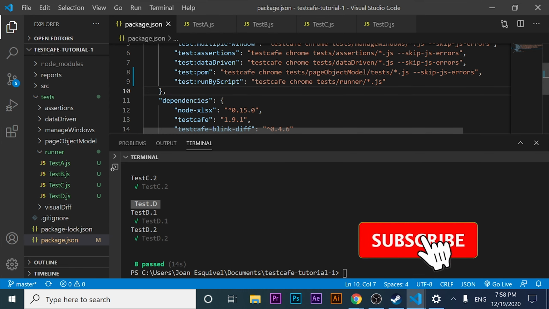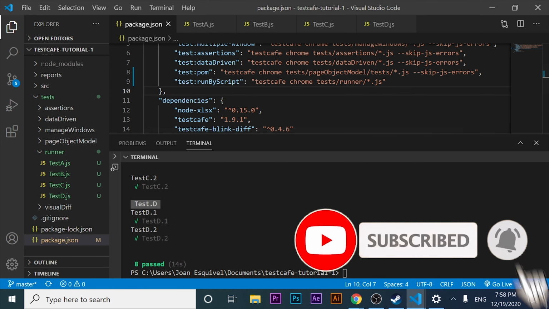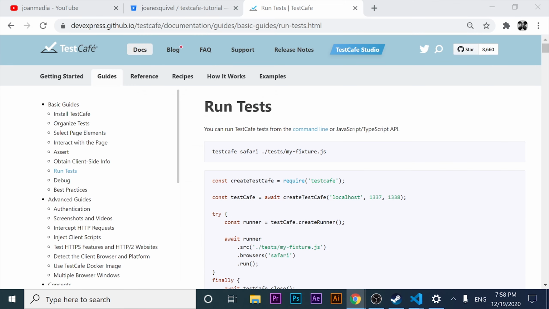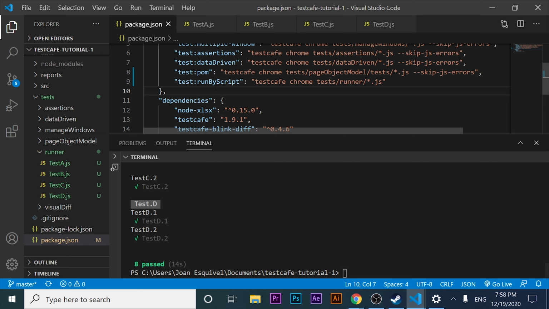And I also think there is something very interesting to be aware of. It is basically that you can run tests from multiple resources. What I'm trying to explain is basically that you can run tests from one path, however you can specify